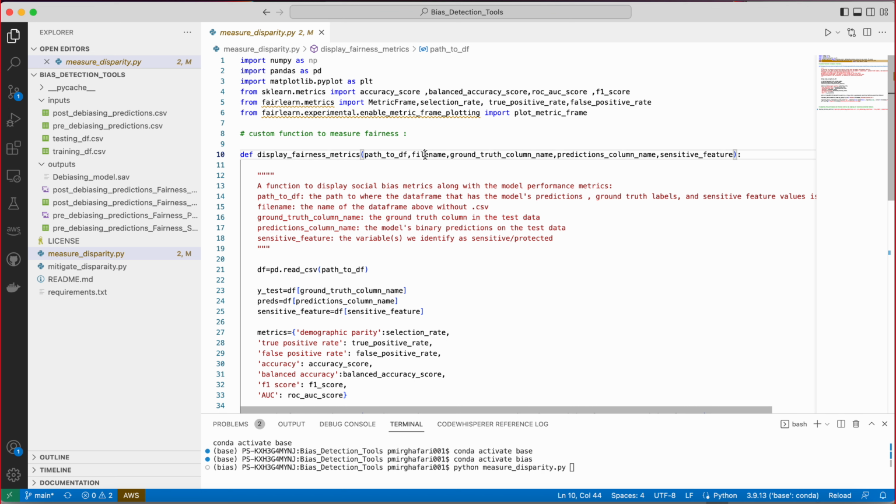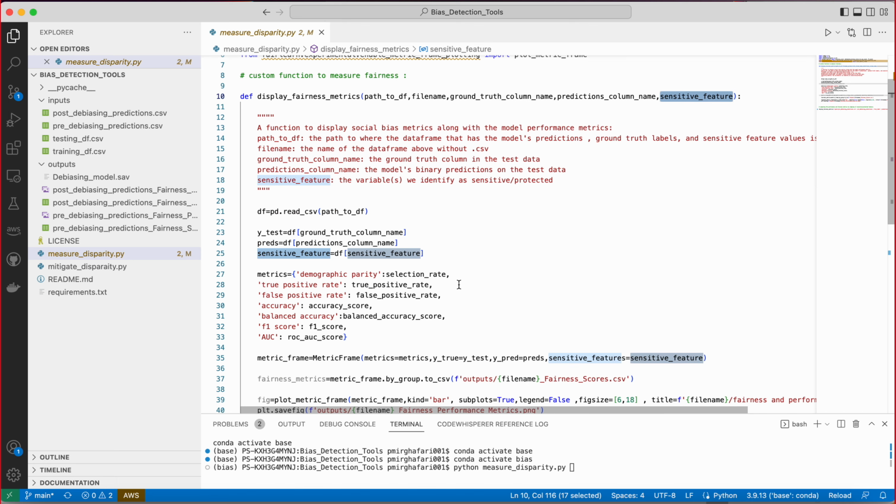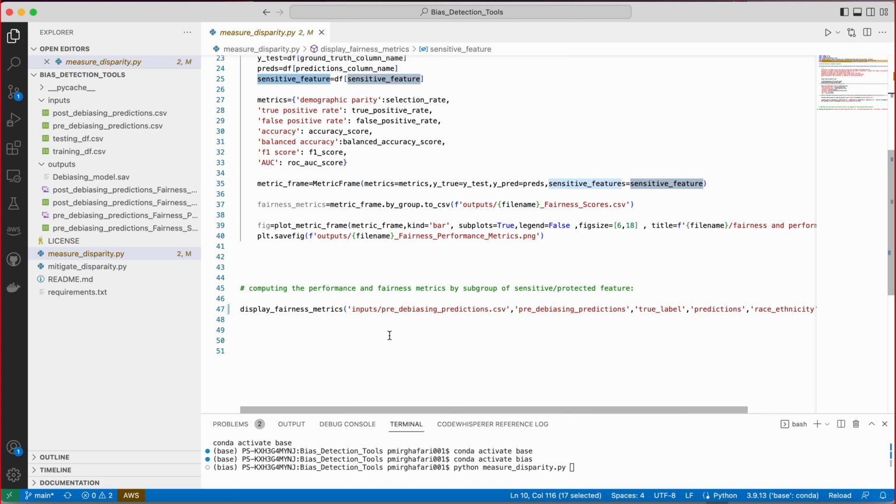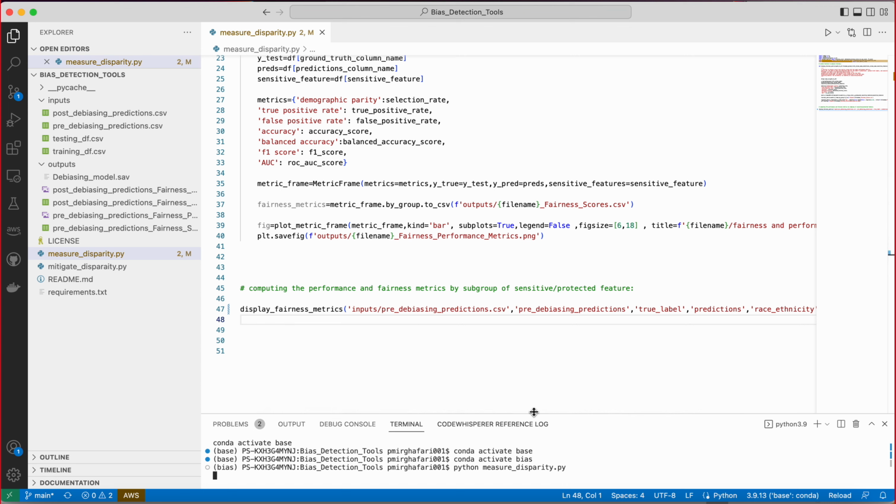a data frame that holds the model's predictions, the file name, then the name of the column that has the true labels, the name of the column that has the model's original predictions, and the name of the sensitive feature. And in this case, we have race or ethnicity. The goal of this script is to measure the social bias in the original model's prediction. So we run the script or the single function, and the output that we're going to get is basically two